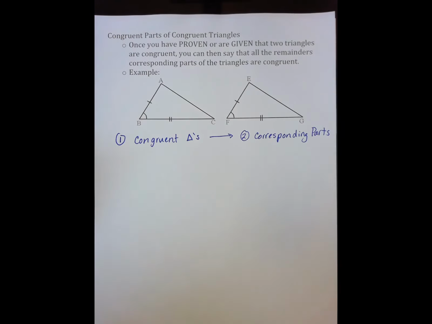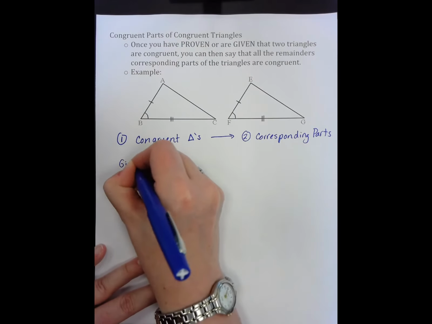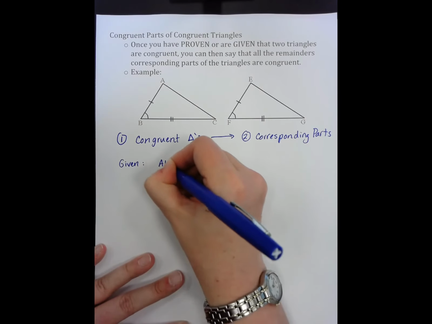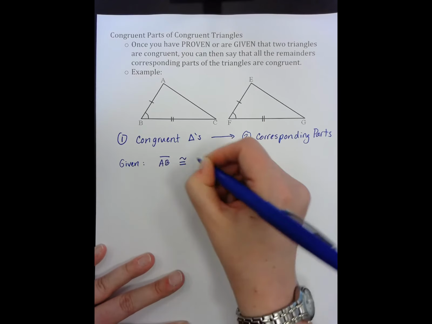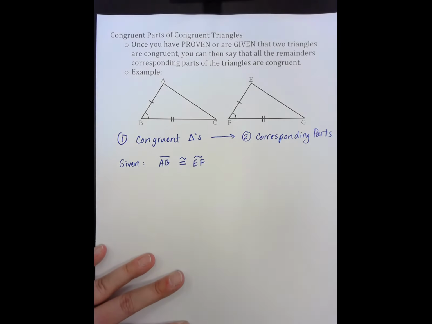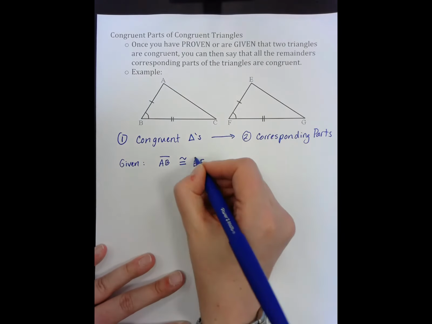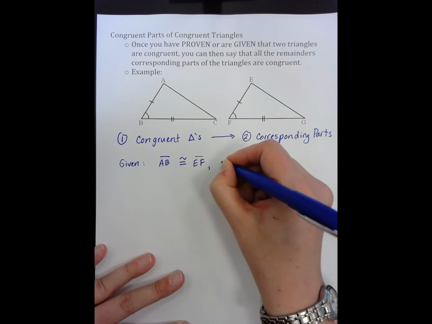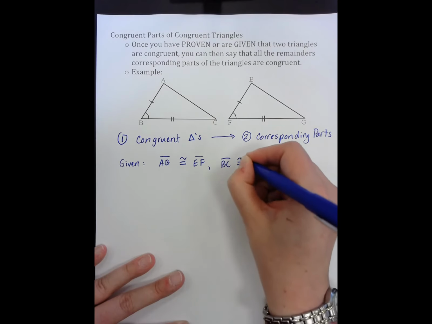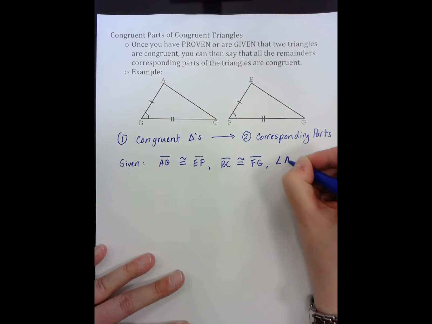So the first thing I'm going to need to do here is prove that these two triangles are congruent. So I'm given three pieces of information. I am given that AB is congruent to EF. I am given that BC is congruent to FG. And I'm also given that angle ABC is congruent to angle